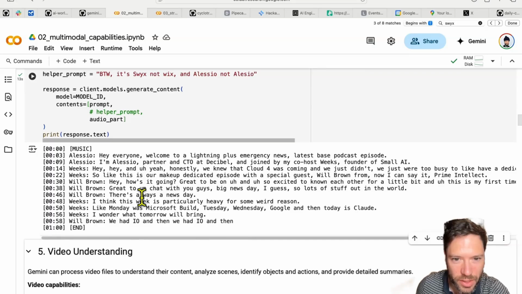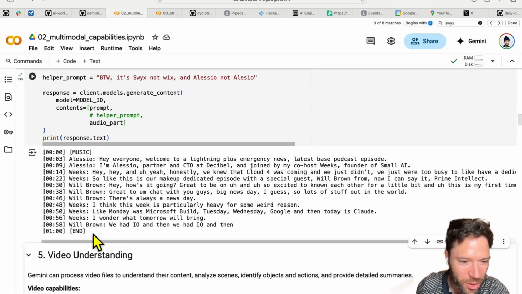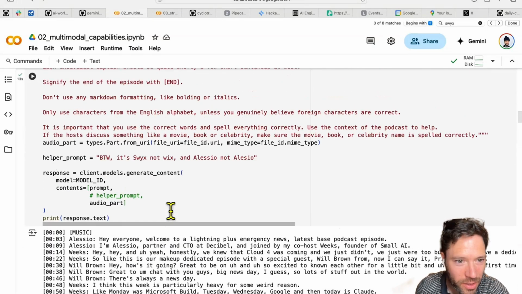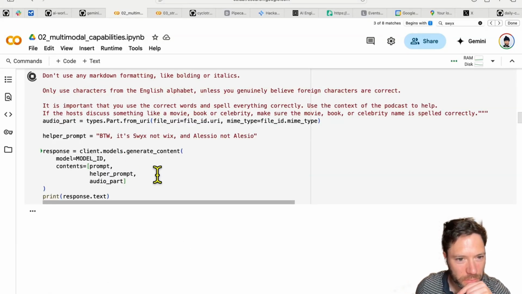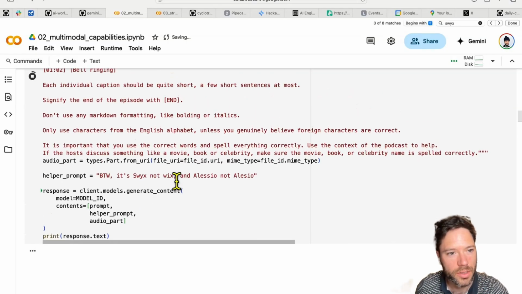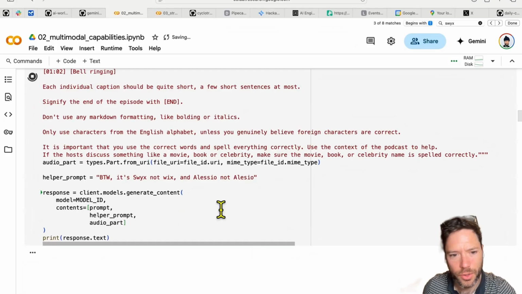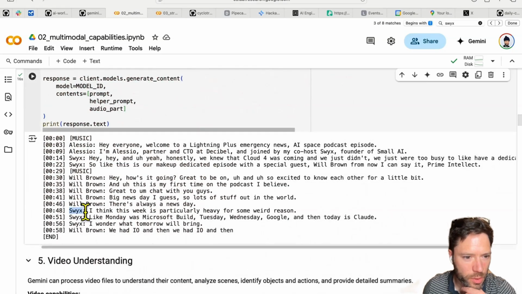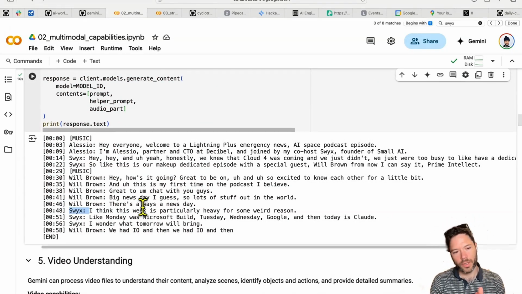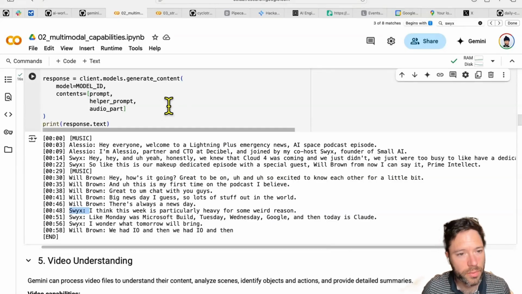My demo is not perfectly passing in this case here. And actually the reason is because I didn't even pass in the helper prompt, but it did call Wix something different there. So clearly there's a non-zero temperature. And you can see the execution time down here. So transcribing this 1 minute of audio, and here we have Swix. So yeah, you can see a very nice feature of being able to do the transcription using a language model rather than using a firm kind of speech to text model like the Whisper model.